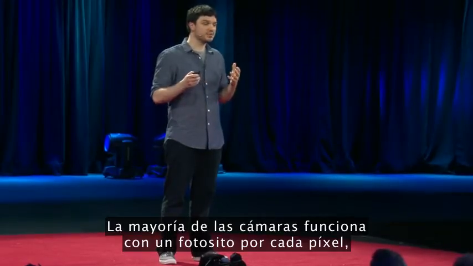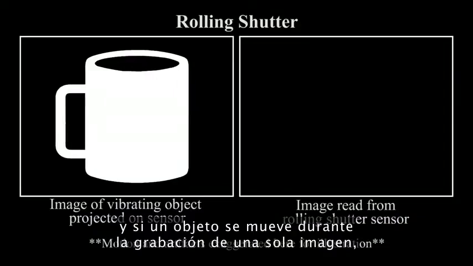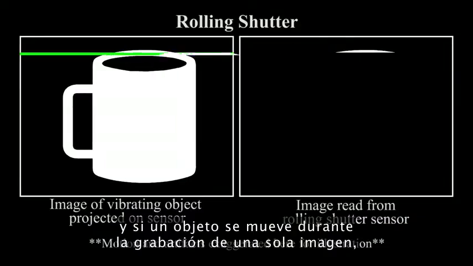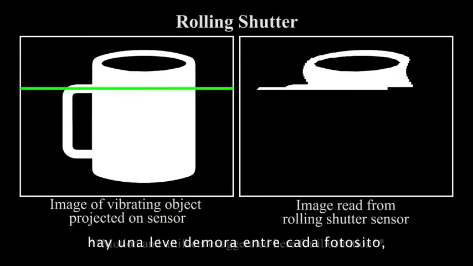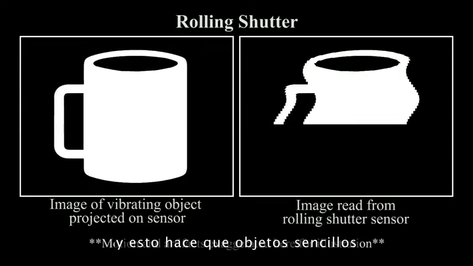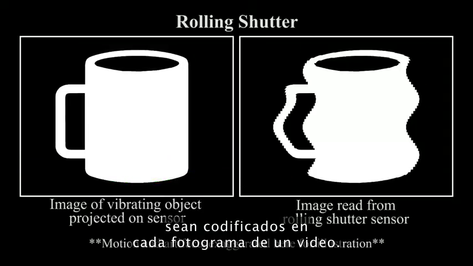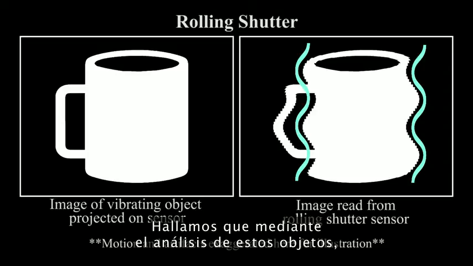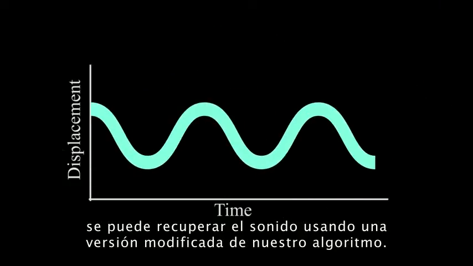You see, most cameras record images one row at a time. And so if an object moves during the recording of a single image, there's a slight time delay between each row. And this causes slight artifacts that get coded into each frame of a video. And so what we found is that by analyzing these artifacts, we can actually recover sound using a modified version